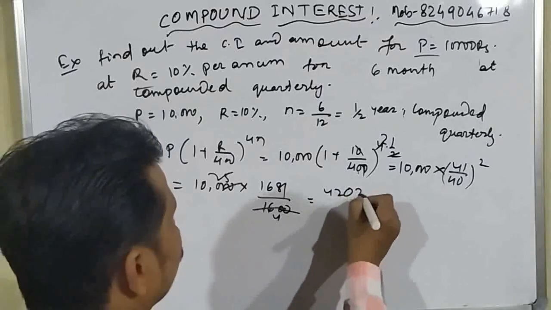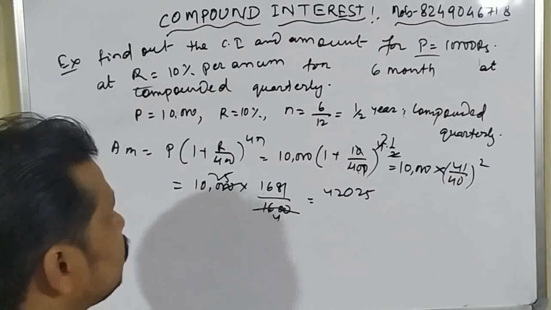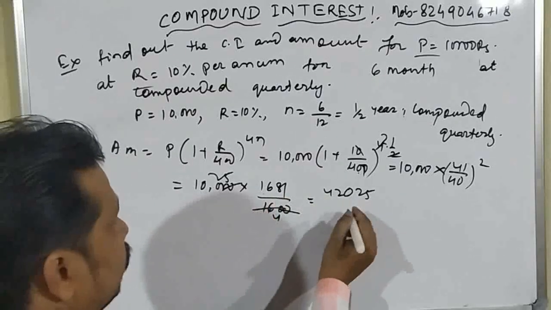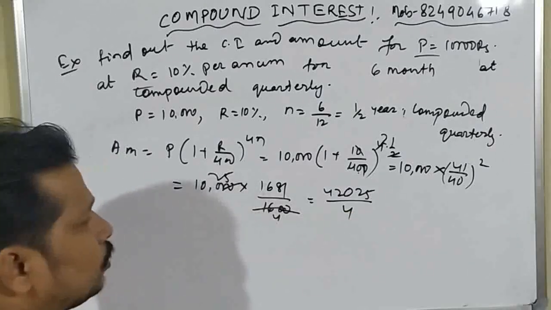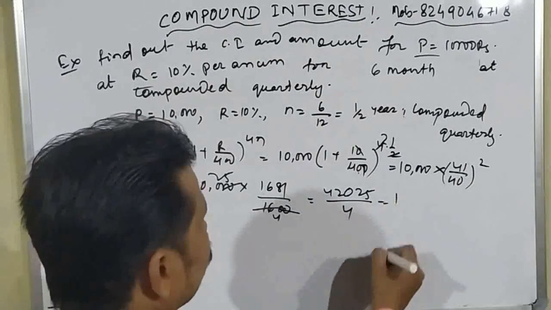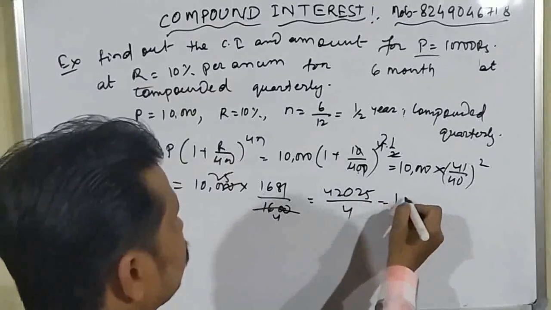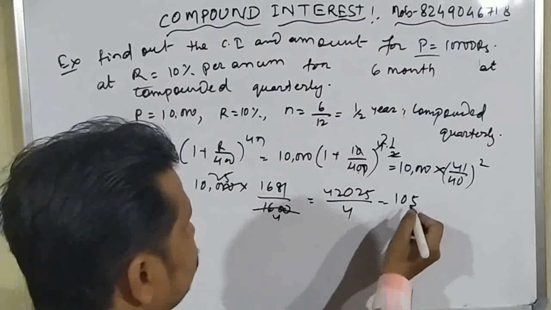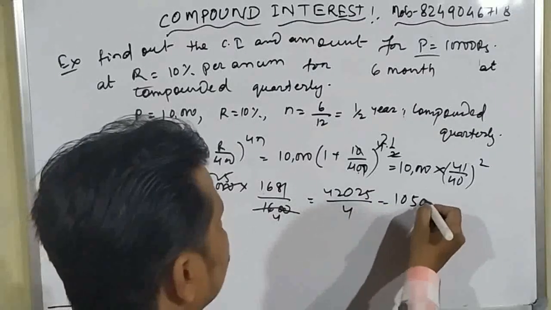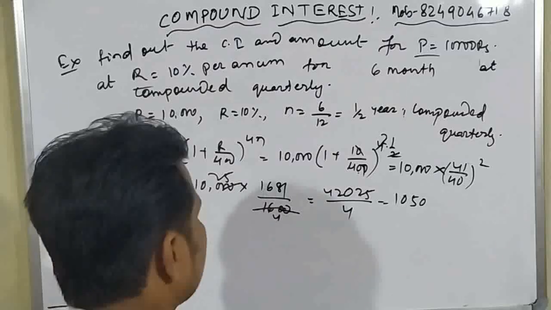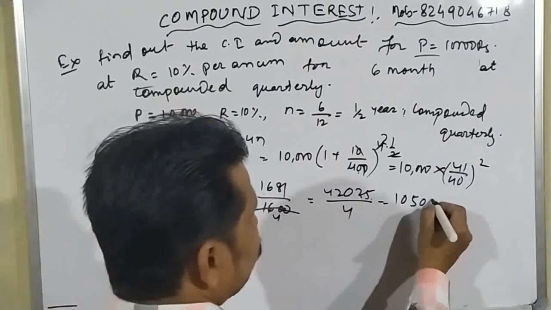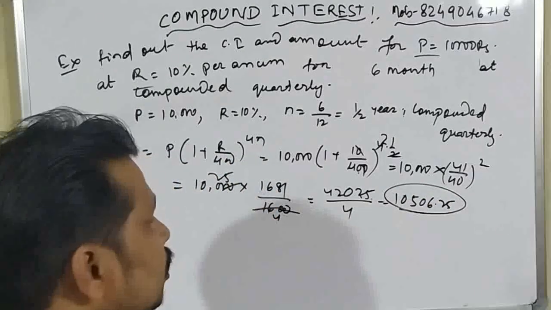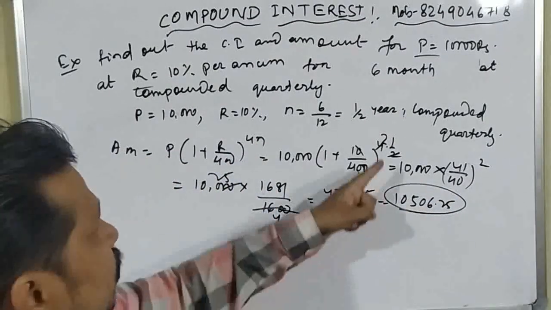420 420 25. So the result will be how much? This much, 400 1680 400, divided by 4. So our result is how much? 4 1 ja 4, then 2 0. 4 5 ja 20, again 0. Here we will divide it. Then again 25, 4 6 ja 25, 1.25. This is our amount. This is the amount after 6 months.